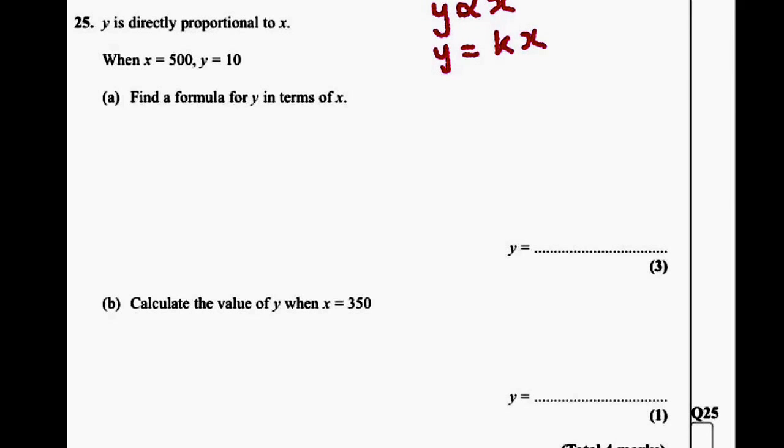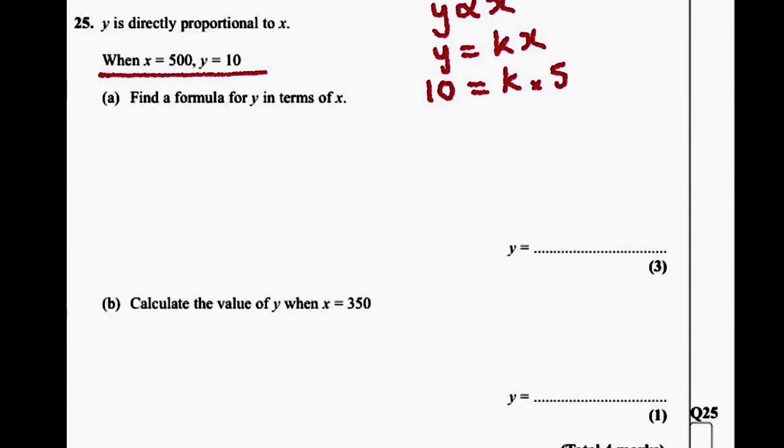What we ultimately want to do is find out what K is, and we can do that by looking at the second line. When X is equal to 500, Y is equal to 10. So I'm going to substitute that in. 10 is equal to K times my X value, which is 500. To find out my K value, I now divide by 500